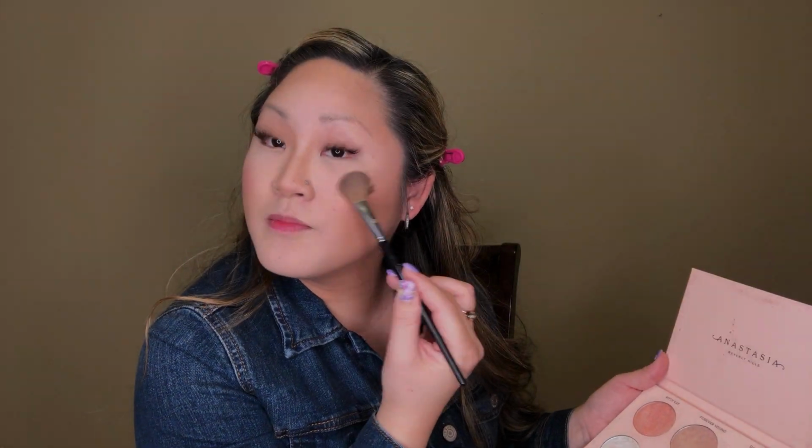Okay. Hit the top of my cheekbones. Woo! And you want to connect. Oh, well, you don't have to, but this is what I like to do. I don't want to say you want to. You really want to do this because I'm doing it. Okay. All right. And now for the bridge of my nose and my forehead, my Cupid's bow, and my chin,